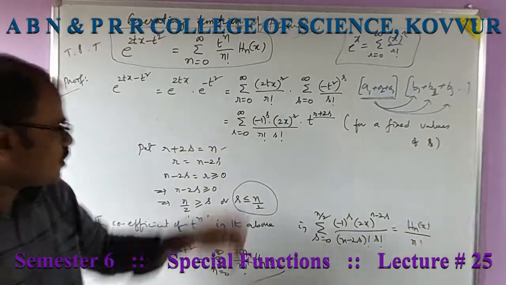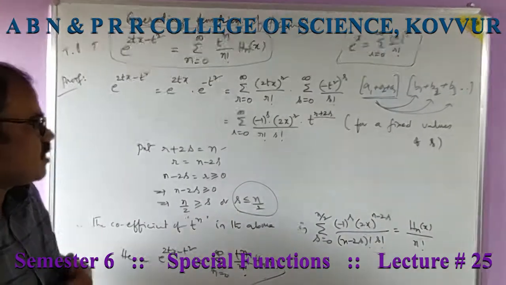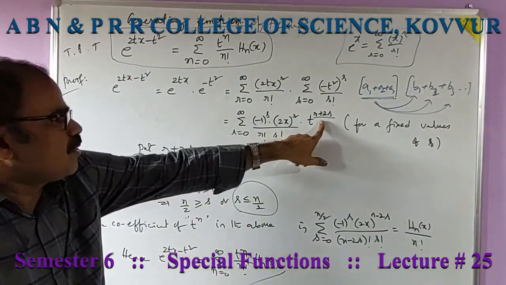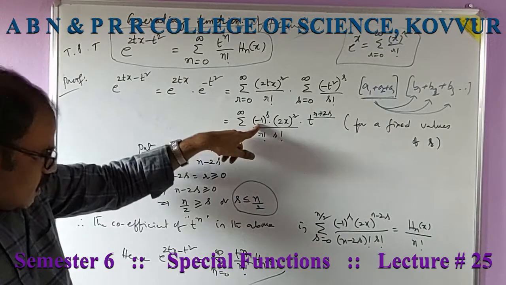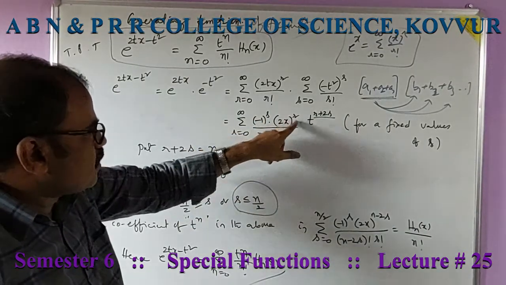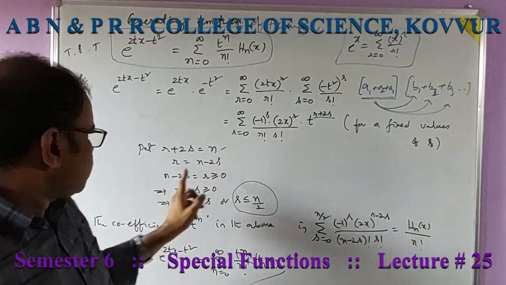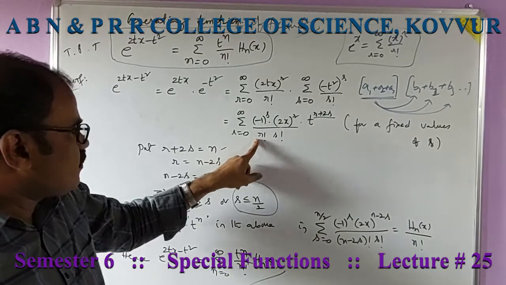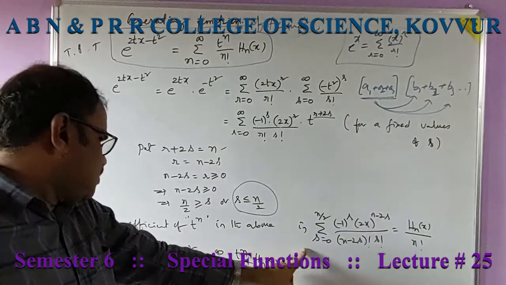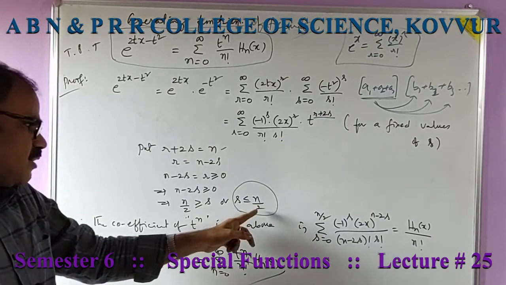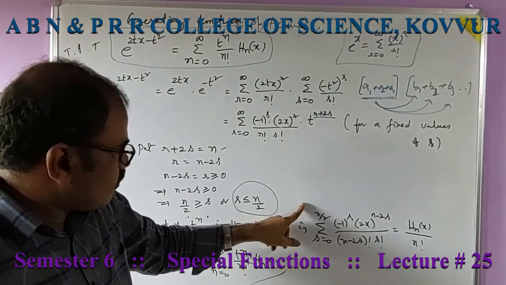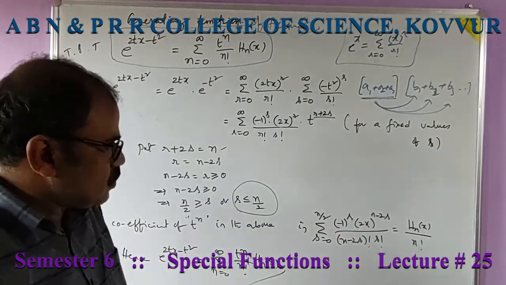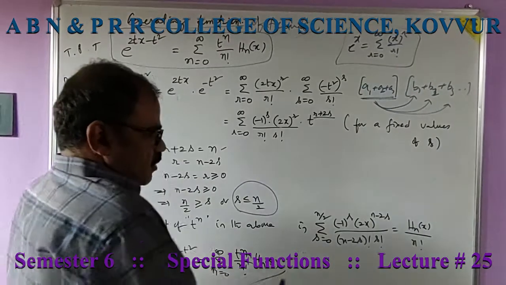Now pick up the coefficient of t power n in this summation. What is t power n? r plus 2s is n. So this is t power n, then (−1) power s into (2x) power r. Calculate r: r is equal to n minus 2s, so (2x) power n minus 2s. What is the denominator? (n minus 2s) factorial into s factorial. s is from 0 to n by 2, because s is less than or equal to n by 2. So s equals 0 to n by 2, (−1) power s (2x) power n minus 2s by (n minus 2s) factorial into s factorial, which is,